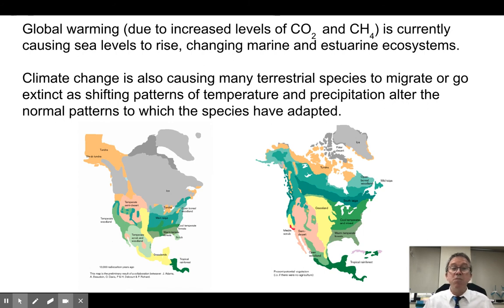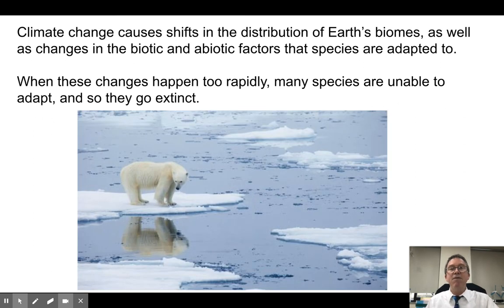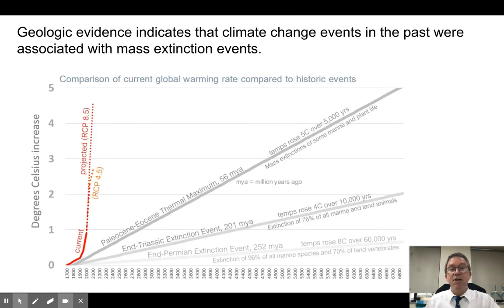What's happening now is much more rapid than that, so it's pretty obvious that most species are not going to be able to adapt. And so what we find is when these changes happen very rapidly, these changes in biotic and abiotic factors are too rapid for species to adapt to or to evolve to, and that typically leads to extinction. So species that are left in a situation where their habitat is gone and is no longer where they are, you can expect to have a bit of species extinction. And unfortunately, congratulations, you happen to be living in the greatest extinction event in the history of the world that